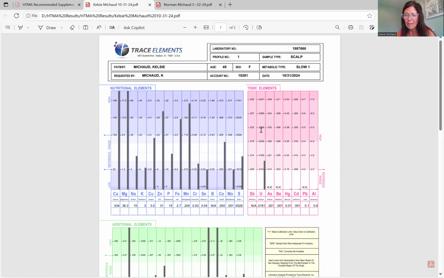This one used to actually be all the way to the top, and I've been able to bring it down. Uranium is like, if you have a rocky soil type area, we have a lot of granite in my area. So it just depends. Our foods, our soils are so depleted and so heavily sprayed. Our root veggies, we eat those, they grow in the ground, these heavily sprayed soils, and we eat them. But honestly, these are not a huge concern, only because iron is the star of the show when it comes